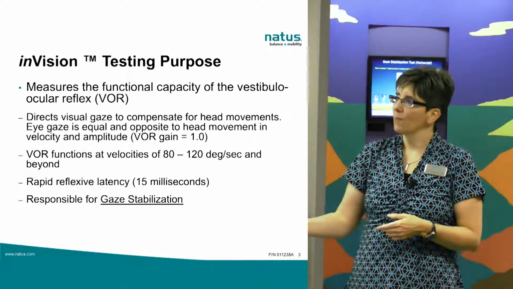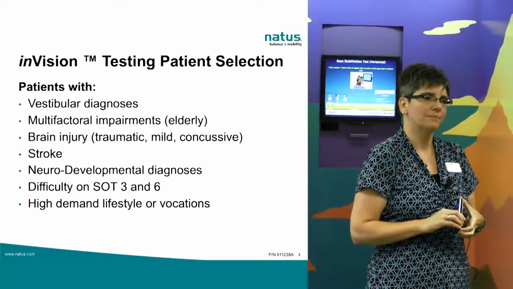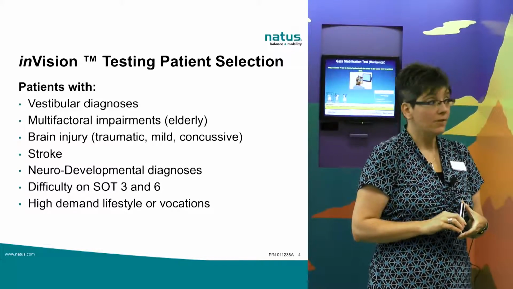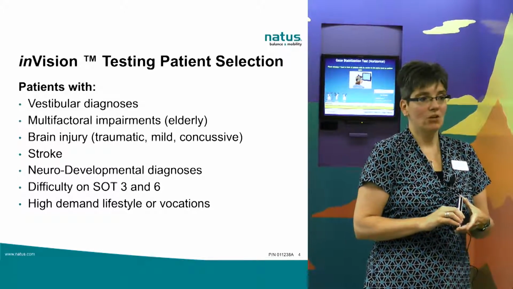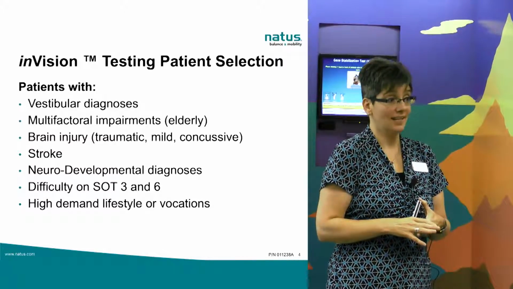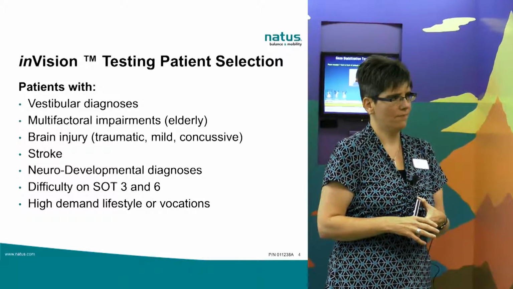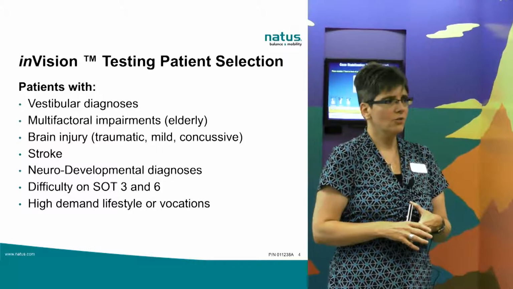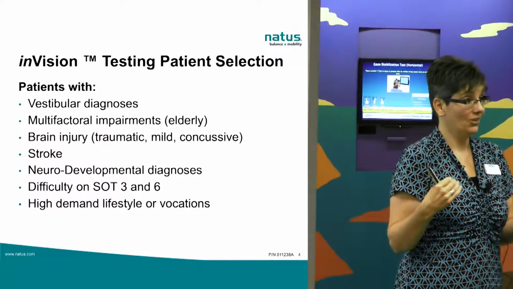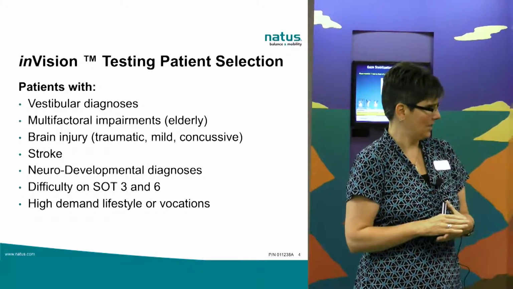And what types of patients do we have that have these types of complaints? Where do you see this? Yeah, somebody with a vestibular asymmetry, so a unilateral vestibular loss. Patients also with bilateral vestibular loss can have significant trouble maintaining gaze stability. Who else has trouble? What about your older adults that tend to slow down their head movement in general? Okay, if you try to challenge them by speeding up their head movement, they might complain of dizziness or blurred